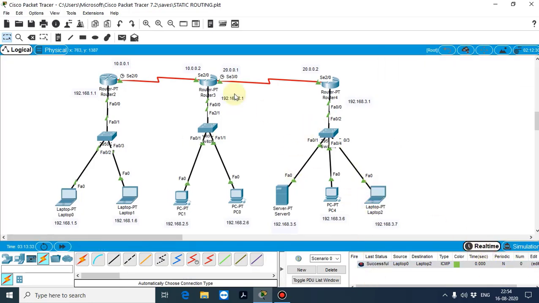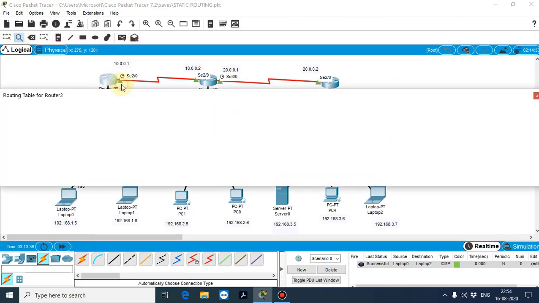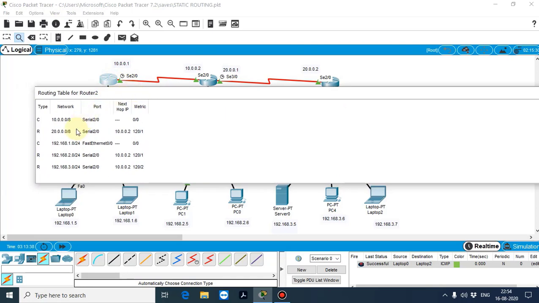Okay, so there is another way to check whether it is routing information protocol. If you see here, the router shows the actual path with R. That means this router is acting as dynamic routing, that is 20.0.0.0 via 10.0.0.0.